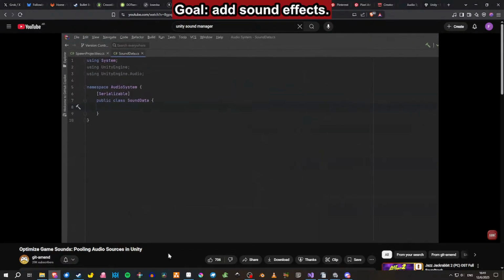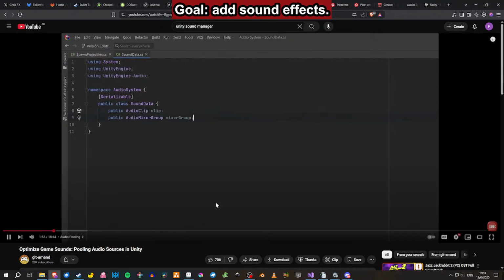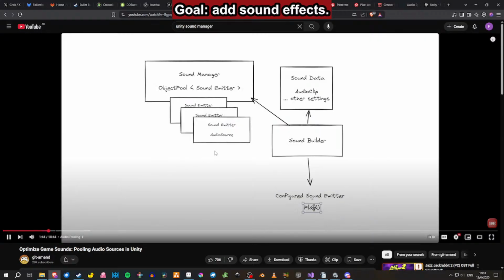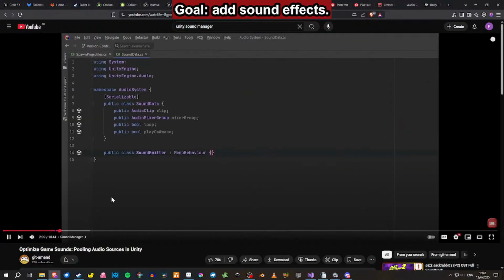Let's start by making a class that will represent a specific sound in our game. First, I'm going to get a reference to an audio clip, and each particular sound we can direct to a specific mixer group. I'll add a few audio sources. Let's start by going to wrap an audio source and associate some sound data with that audio source. This is the audio system namespace with the sound data, and the sound data holds an audio clip basically. The other one is going to be a management class that will allow us to pool these sound emitters. I'm actually going to make this a persistent game object, so it's a singleton,